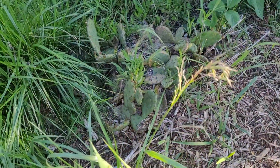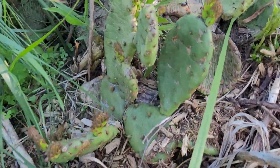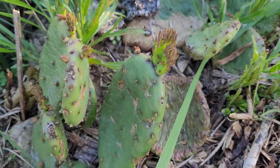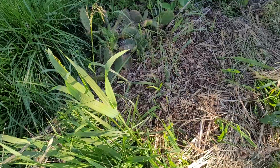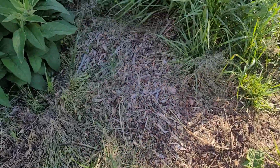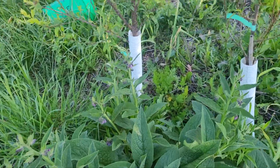Here's my big patch of cactus. You can even see the young new pads forming. Absolutely beautiful. I'd even say adorable. I find cactus to be very cute looking. It's the roundness, I think. Comfrey right next to it. I probably should cut it back. There's a bunch of